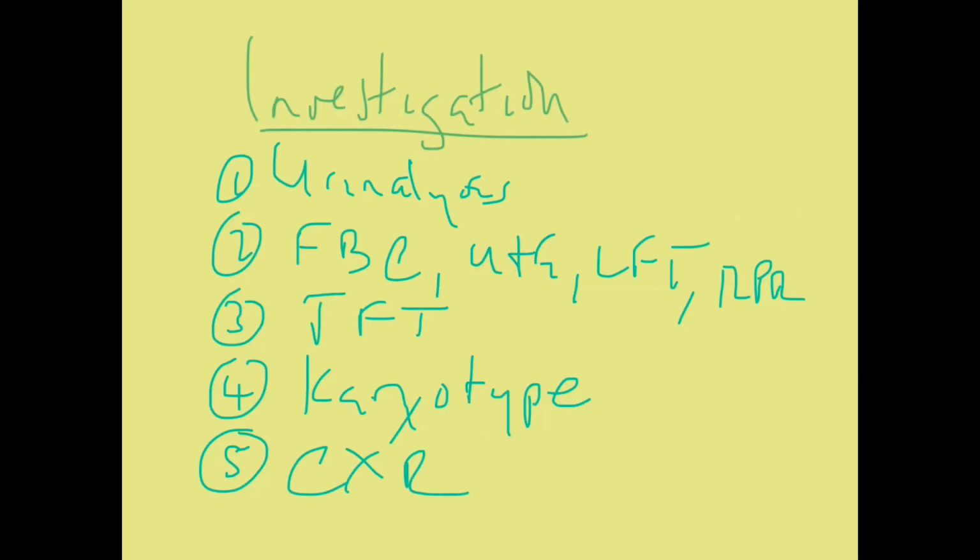The investigations that we do first, as part of examination, you can do urinalysis, just a urine dipstick, to check if there is presence of protein in the urine. That's to rule out nephrotic syndrome. Then we can do the full blood count and check the hemoglobin concentration, because anemia can cause edema. Check also urea and electrolytes to check for kidney function, and a liver function test to check there's no liver disease,